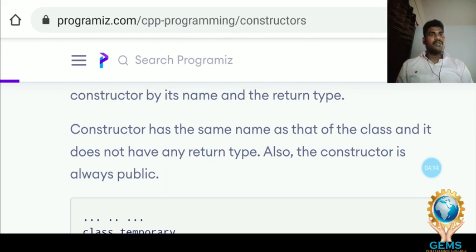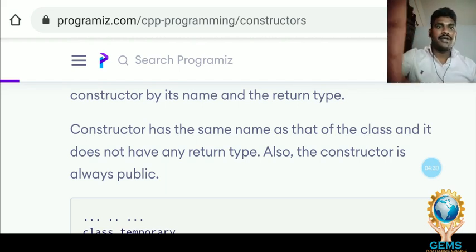And it is always declared only in public mode, not in private, not in protected. These are the rules while creating the constructor.